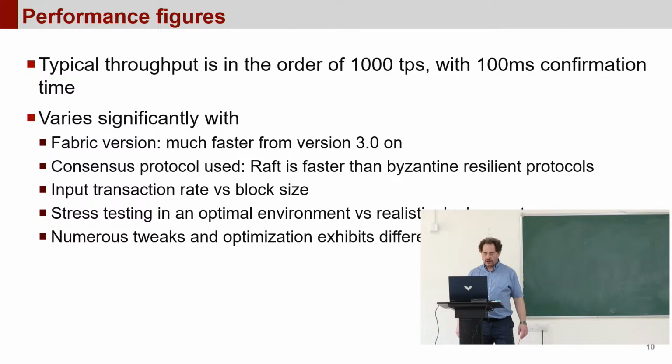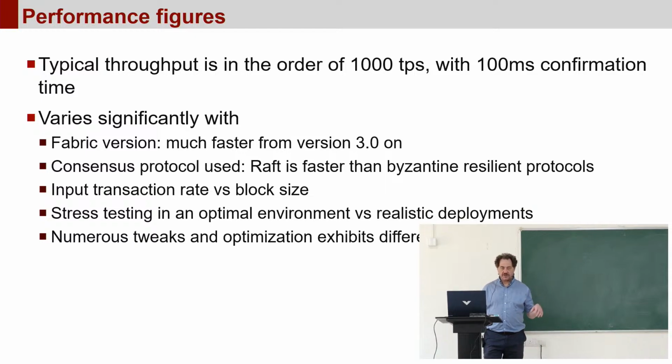So order of 100 millisecond confirmation time. That's quite good, but of course, I'm not giving you the exact numbers, I'm just giving you the order. Why? Because the exact numbers can vary a lot. They depend on a lot of factors. Which factors? The version of Fabric,